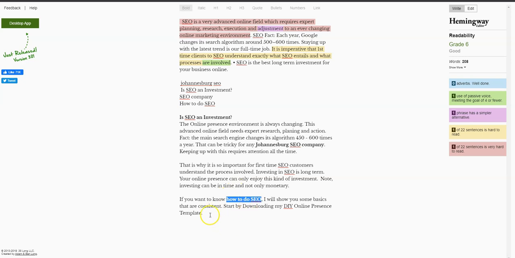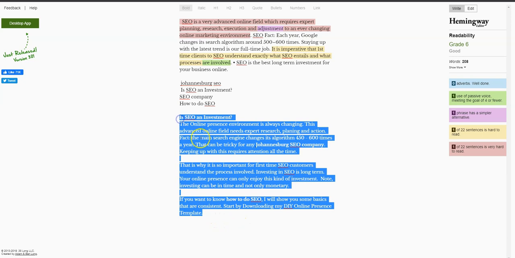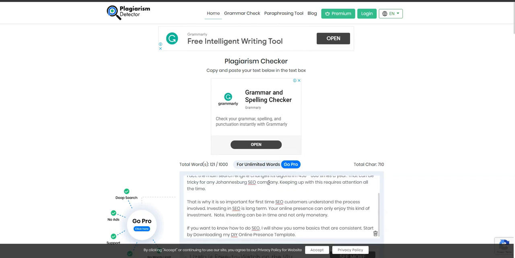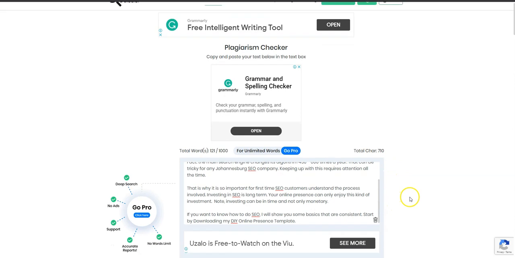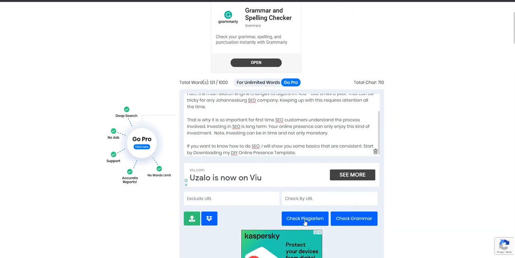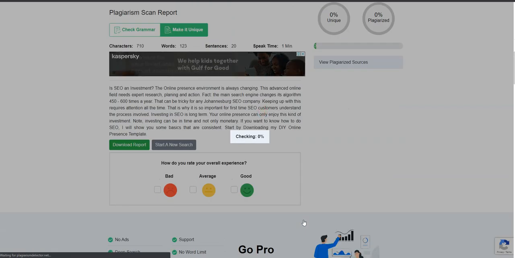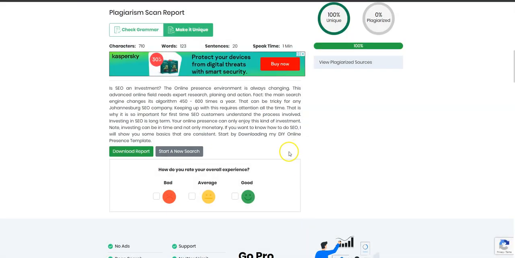So what do we do next? It's quite simple. We need to make sure that this content here is plagiarism free. All right. So now we're going to go to our plagiarism checker. This is called plagiarismdetector.net. I use it quite often. We're just going to paste the content in there, and we go a little bit further down to the bottom here, and we click on check plagiarism. Now you can also check a URL. Okay, great. So I checked it, and of course it tells us here at the top right it is 100%